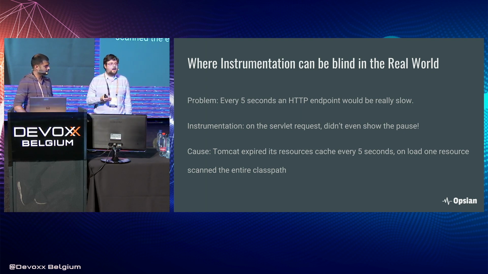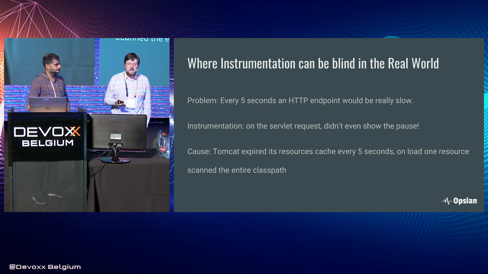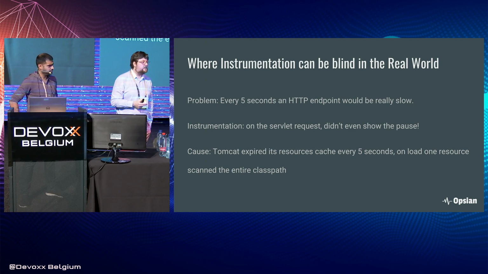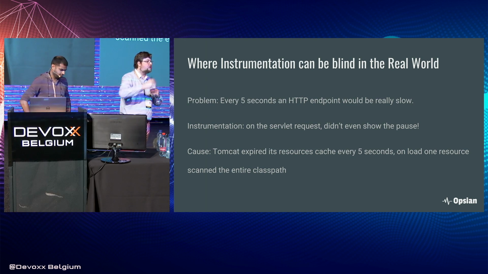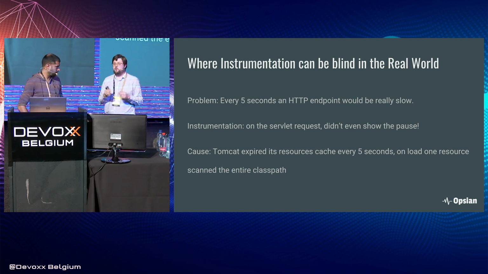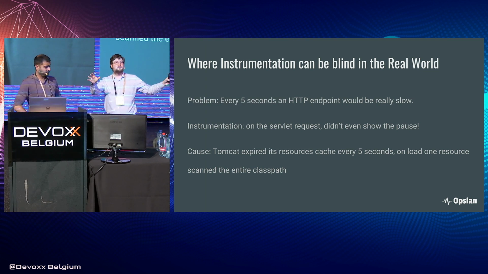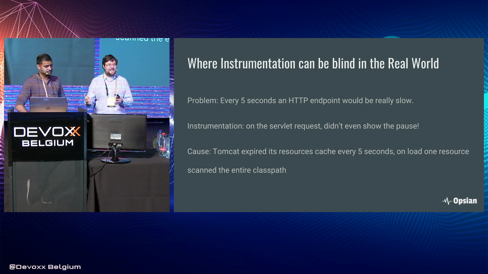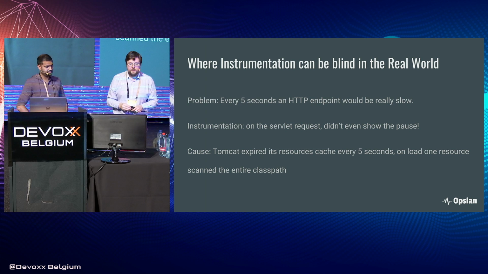Now, the tool they were already using was an instrumentation-based tool. It instrumented HTTP servlet requests to see how much time those operations took up. And their tool said, don't worry, your customers are lying, you don't have any problems. I'm like, hang on a minute. We definitely do have problems because we can see it when we do it ourselves. What's really going on here?